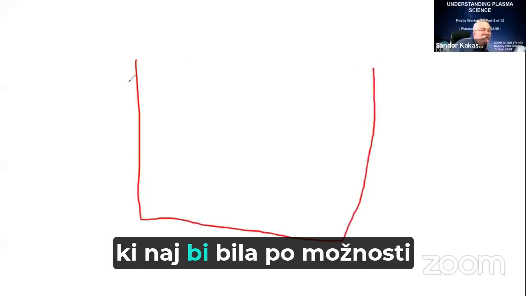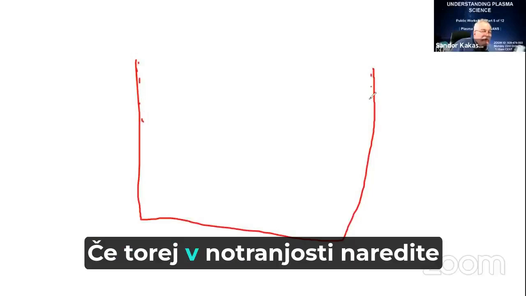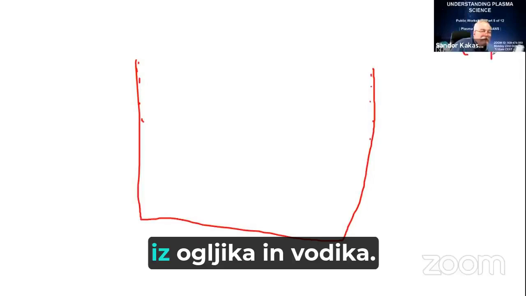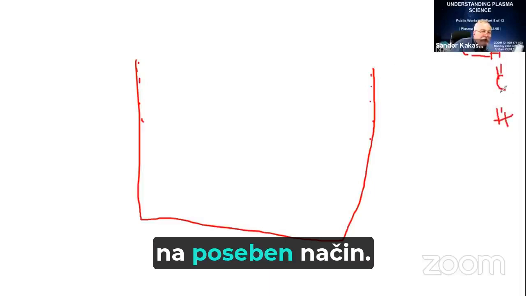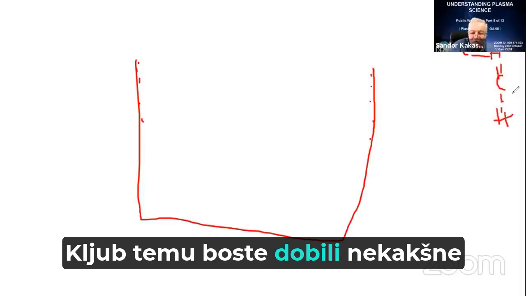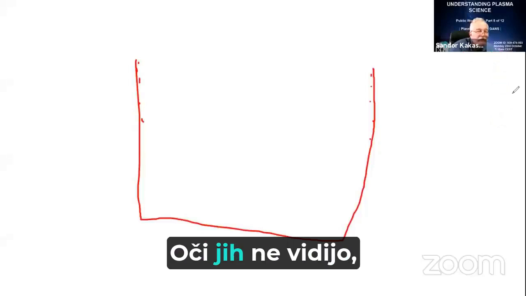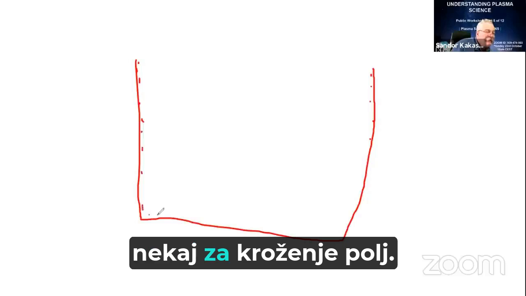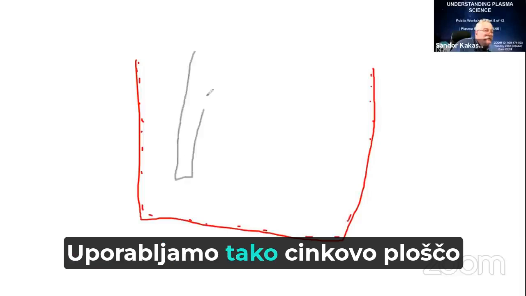You have your box, which is preferably nano-coated to keep the fields inside. So if you make a hot caustic process inside, also the plastic, which is made mainly of carbon and hydrogen bonds in a specific way, still you will get kind of nano layers which are very thin. It's not visible to your eyes, but they are suitable to produce some closure for the fields. Then we use inside such a zinc plate,